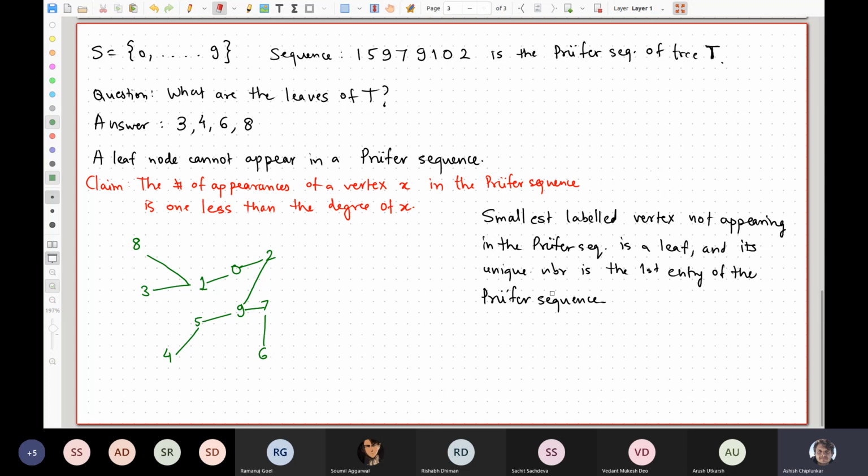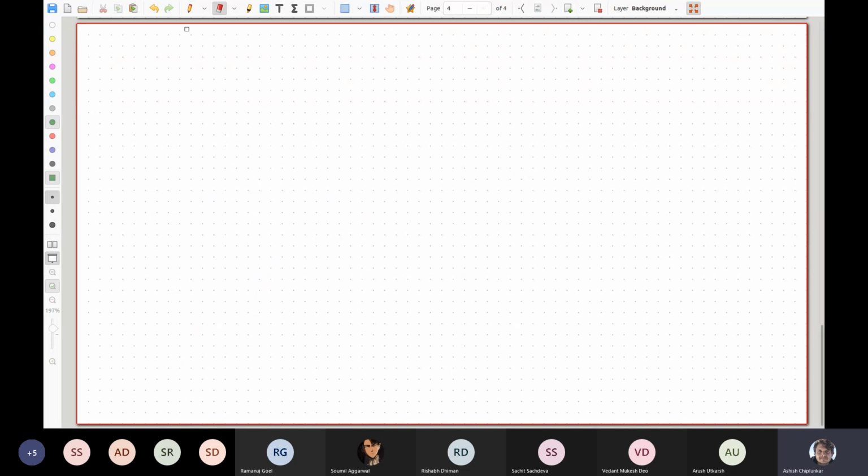So now that we have this intuition, let's formally define the Prufer sequence in a recursive, inductive manner. That inductive definition will be useful for us to prove that this function mapping a tree to a Prufer sequence is in fact a bijection. Obviously, even that proof will go by induction. Okay, so let us formally define the notion of a Prufer sequence.